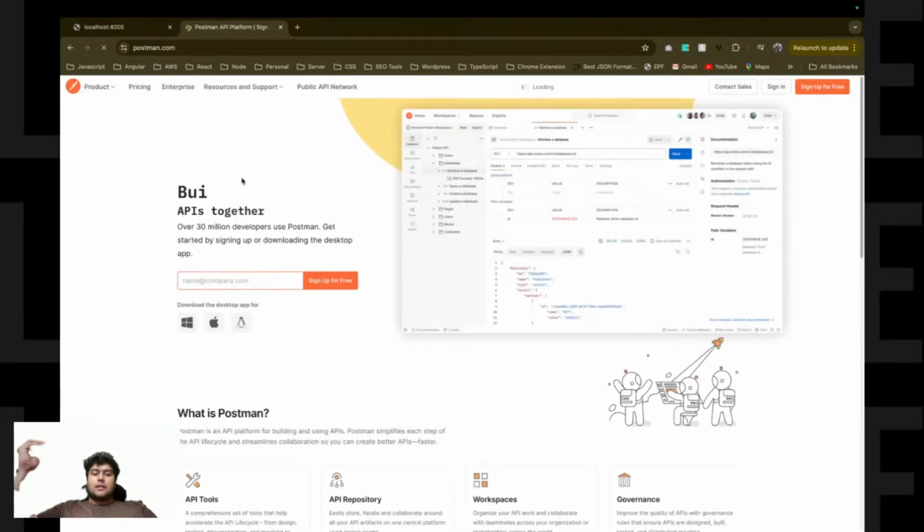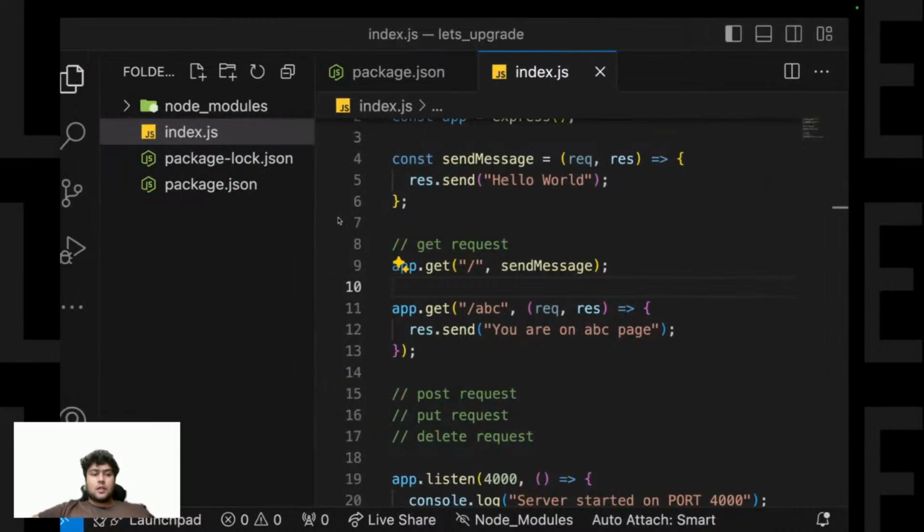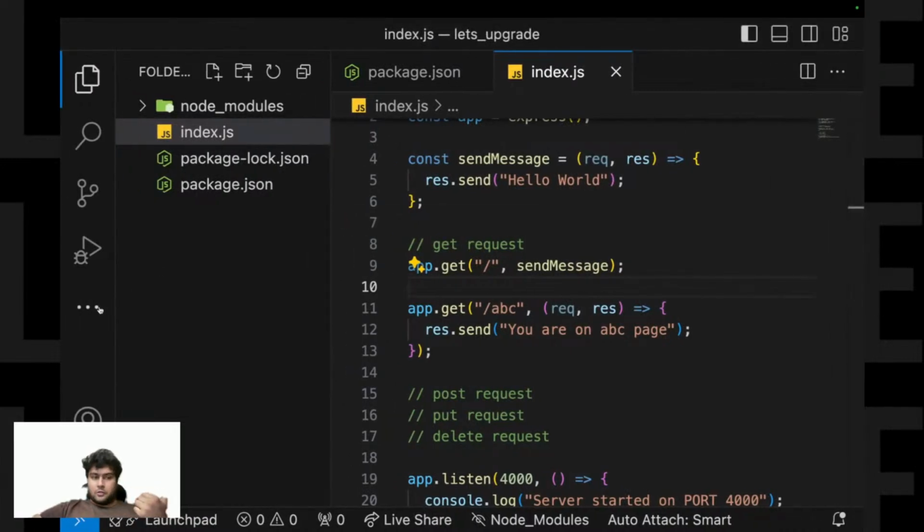Postman is a tool where we can test our APIs. You can download Postman through this link, I'll share it with you. You can download it either on your Chrome, as an application on your operating system, or as an extension in VS Code.